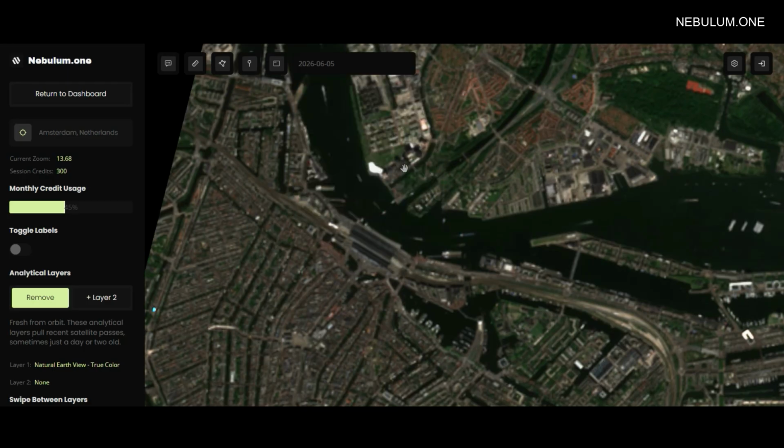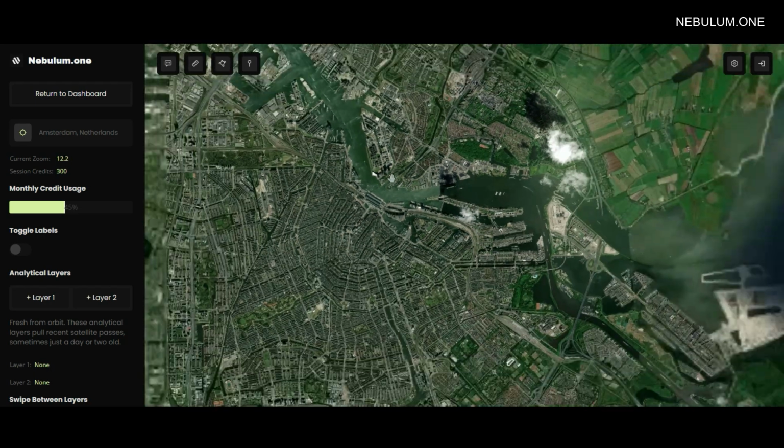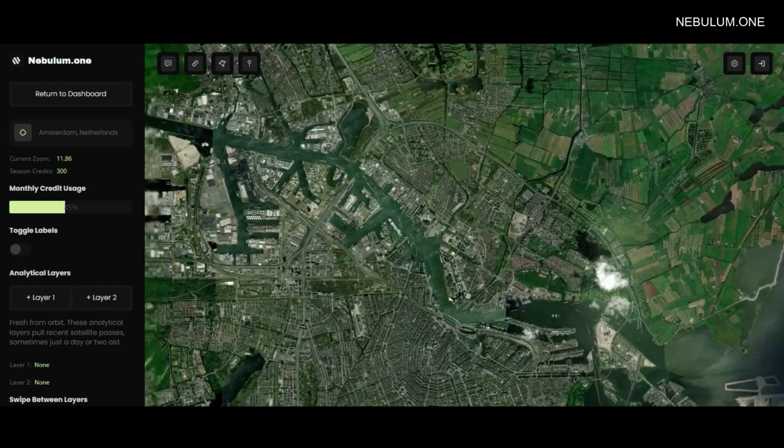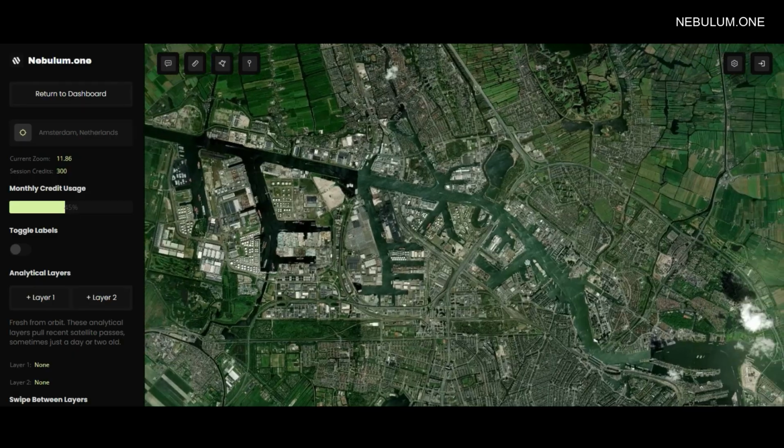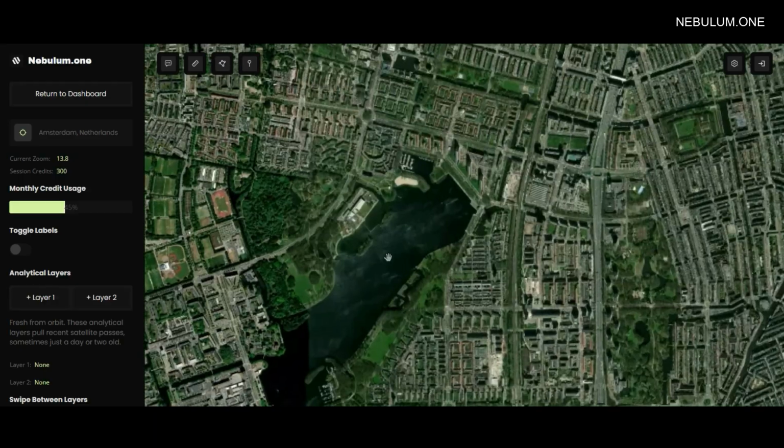So that's Earth intelligence layers within Nebulum in a nutshell. So hopefully that gives you a solid foundation for getting started within the platform. Now, there's still much more to cover in the Academy, but with what you've just learned here, you should be ready to start building areas of interest, exploring historical imagery, and uncovering